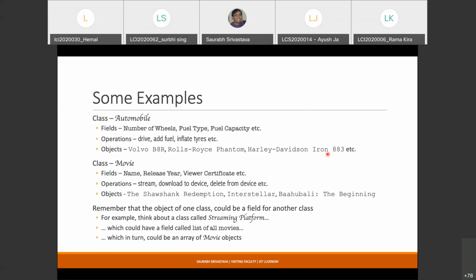So these are all automobiles. The class is automobile, and the objects are basically the concrete level things that you see in the world. The class is a template. There are different types of automobile available, and then an object could be something like this.